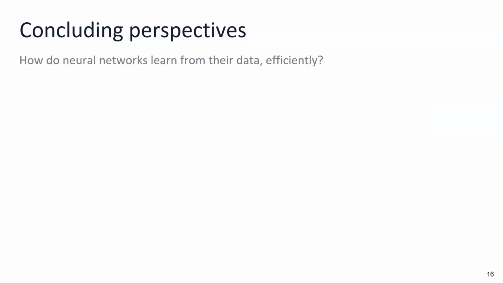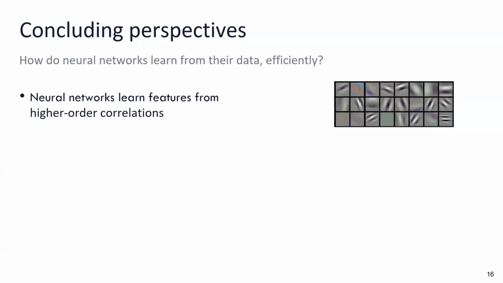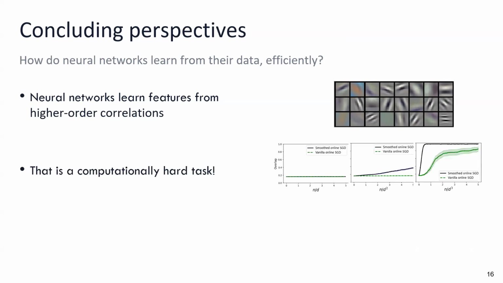Okay, so basically this is what I wanted to tell. I will just summarize the key points. So we saw that the features that deep neural networks learn are related to higher order correlations and these famous Gabor filters. Then we computed the theoretical baselines to learn from higher order correlations. So basically, we saw that you need a quadratic number of samples, and then we found an algorithm that manages to do it with a quadratic number of samples.